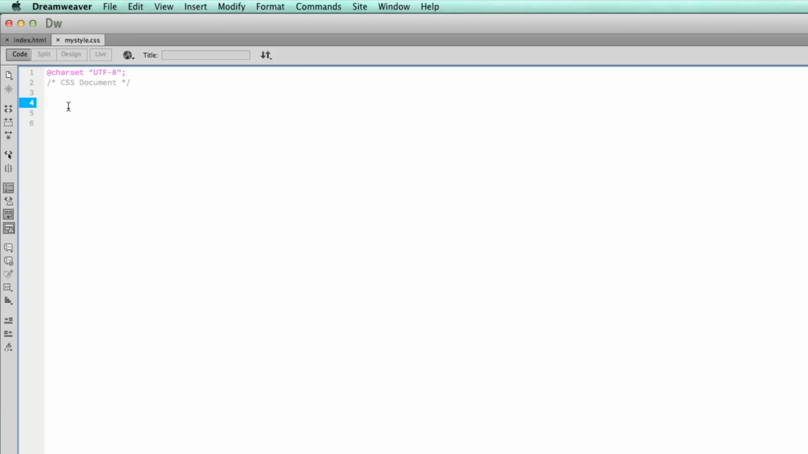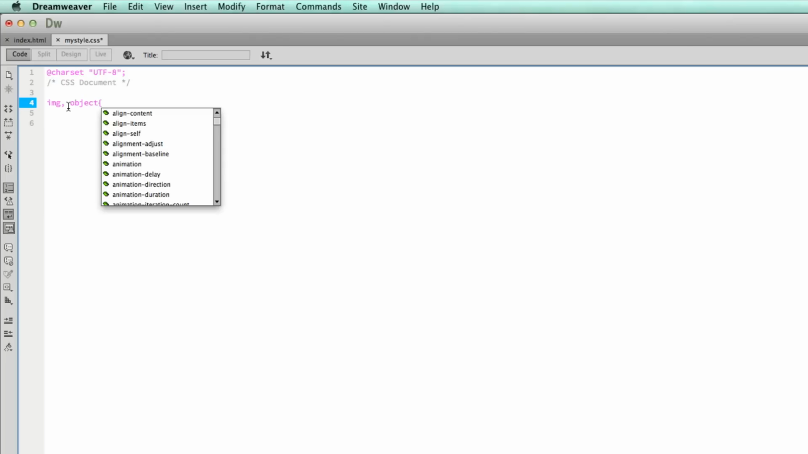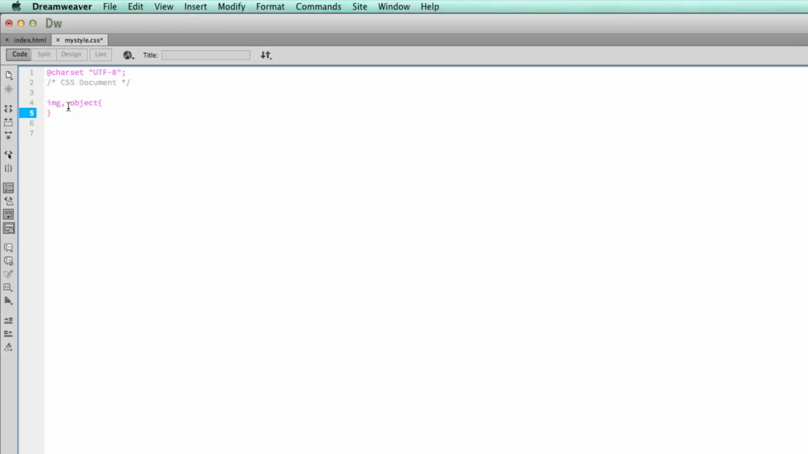Now I can start adding attributes to the image tag. I'm just going to have this happen for all images. If I wanted to specify this, I would need to have an ID or a class or something like that. But I'm going to add this onto the object of the image, and so I have to type in object, then open bracket, close bracket, and then add two attributes. The first attribute is